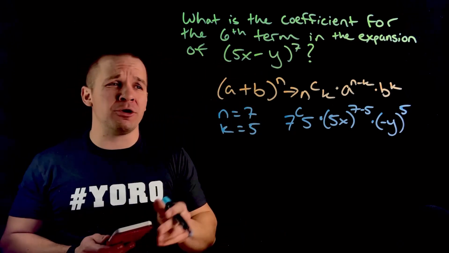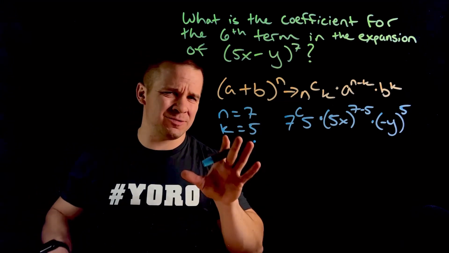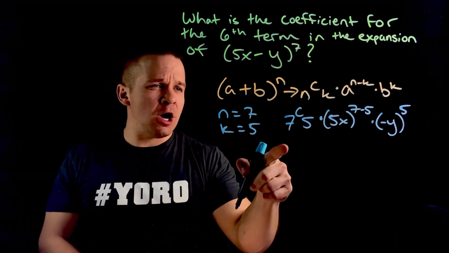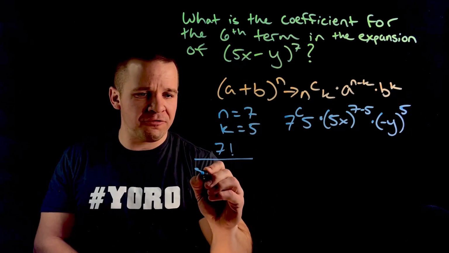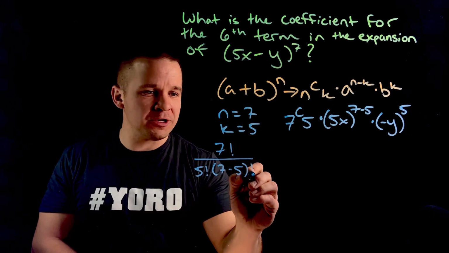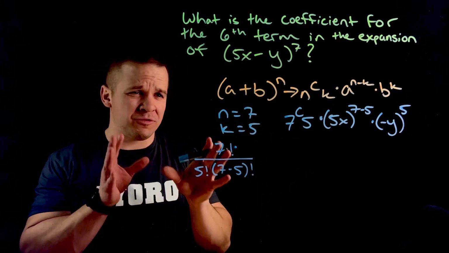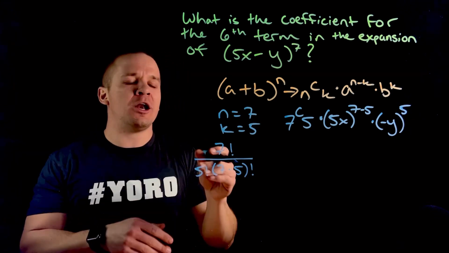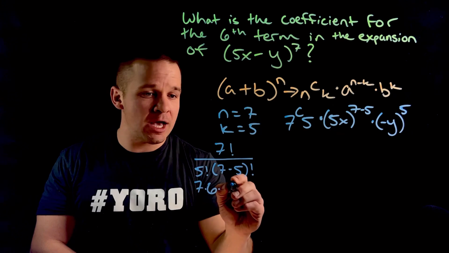Well, we can type that into our calculator, or we can do it by hand. We're going to do it by hand on this one. So I'm going to have 7 factorial over 5 factorial times 7 minus 5 factorial, because this is definitely non-calculator worthy. The numbers are small enough, manageable enough. So 7 factorial is going to be 7 times 6 times